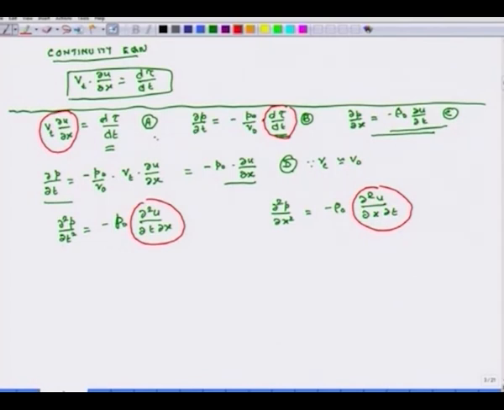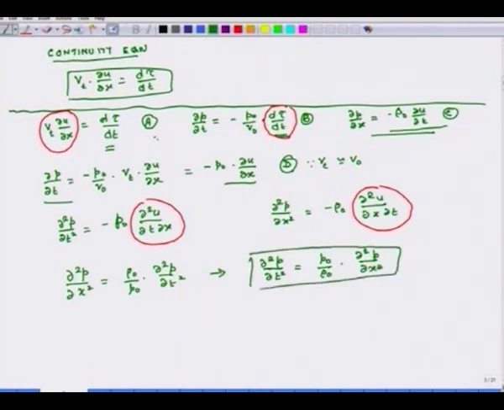And if that is the case, then I can eliminate this term, the partial derivative of u with respect to x and t, and what I get is, so, this is my wave equation for pressure,